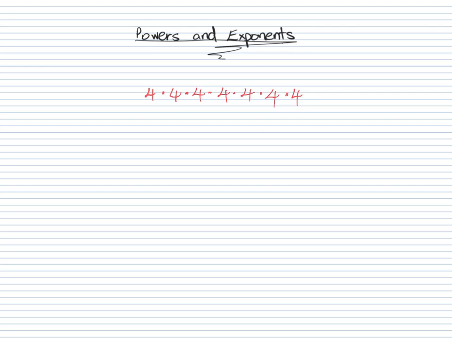So a power is the result of repeated multiplication of the same factor. So in this case, the factor that we're repeatedly multiplying is the 4. And we multiplied it by itself, let's see, 1, 2, 3, 4, 5, 6, 7 times. So this can actually be written in this way: 4 to the power of 7, where that 4 is called